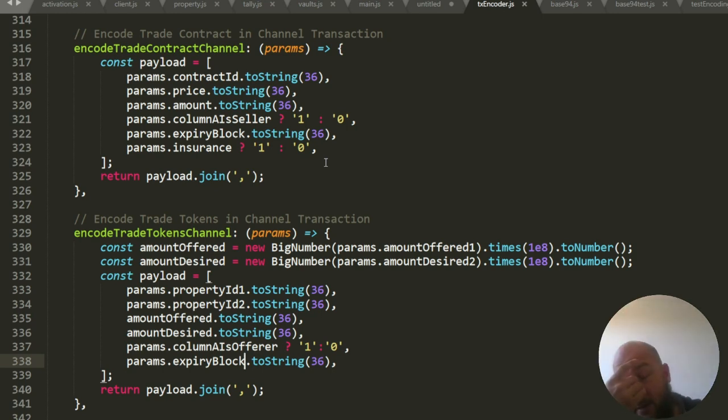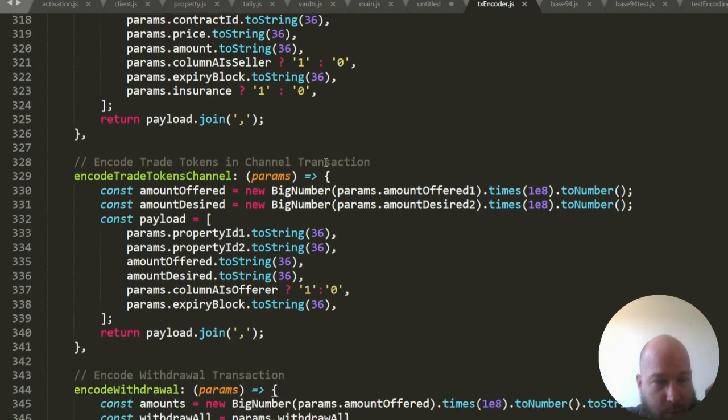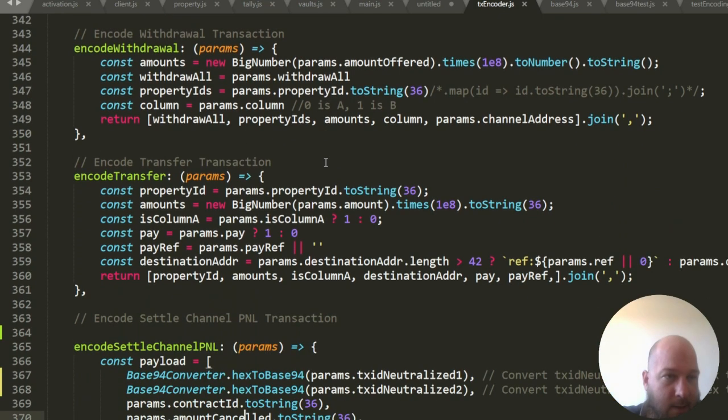So it might be a few blocks away, and those options, with about 5 or 7 minutes of life in them, are still worth a few basis points, which is expensive. And we have half a basis point protocol fees here. So the idea is that you're going to have counterparties that are more or less reliable. But once you sign this trade, if you hold it past expiration, it's not going to work, right? So if you want to do it on L2, then you can pull your money out. This is like force close channel with a withdrawal, and you have a string on that. And then you can do transfers to route money around different channels.